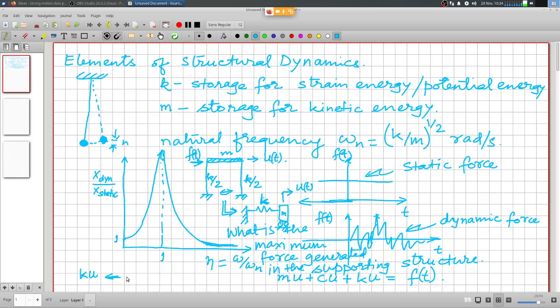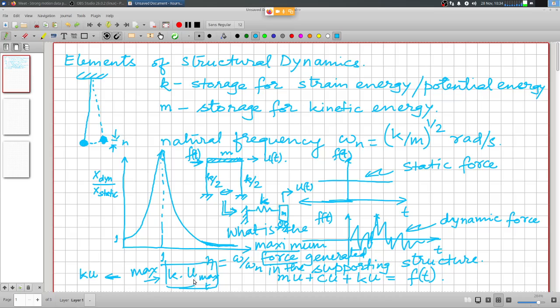So the maximum value is defined by K times U max, the maximum value over time. So as long as I can find out this value, I can find out what is the maximum force,